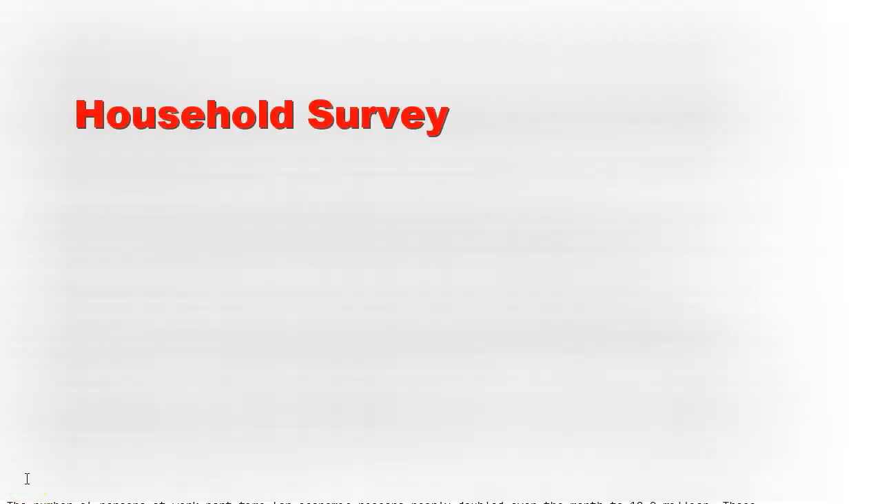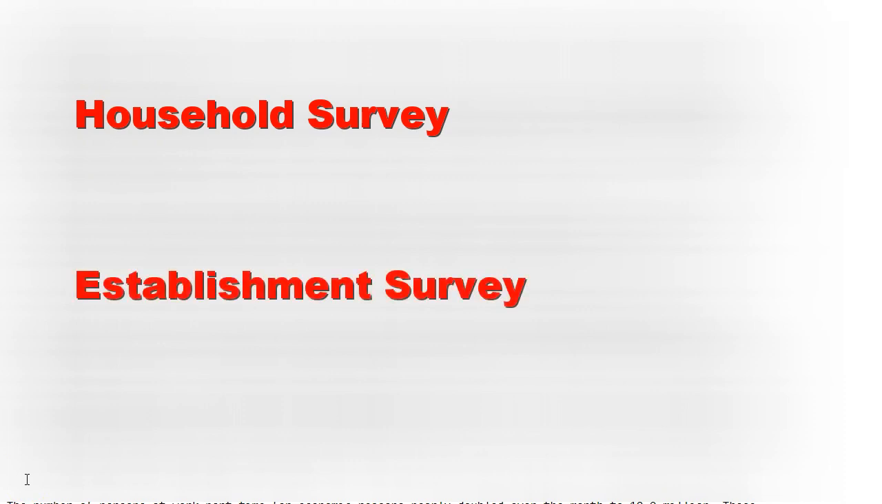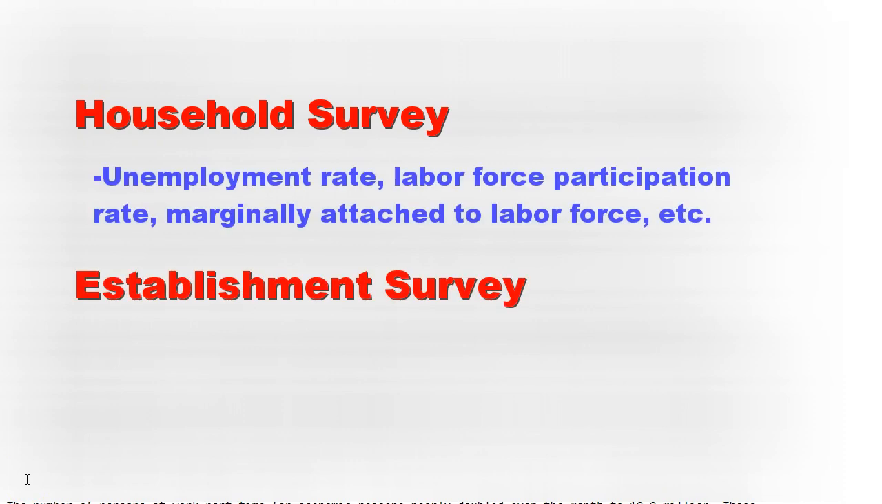There are two surveys that comprise each month's report, the household survey and the establishment survey. The household survey was covered in the last video, and this is where stats like the unemployment rate, labor force participation rate, marginally attached to the labor force come from. And the establishment survey is similar to this, but it only surveys businesses. Thus, it's not as comprehensive as the household survey because it doesn't include some like self-employed or unincorporated businesses, but